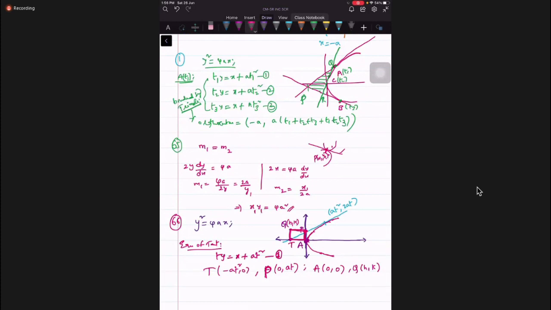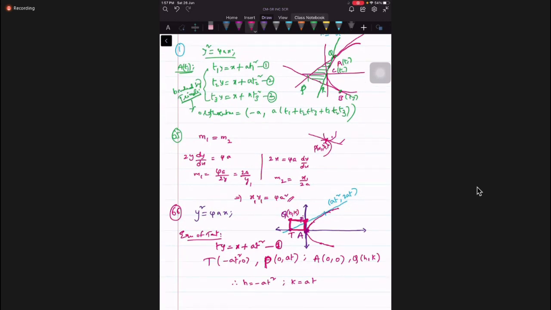There are many possibilities. See, if you observe this diagram, the x coordinate and y coordinate both are the same. I can write minus y, and k we can write as at. The y coordinate of Q is the same as the y coordinate of P also, students. Here we will eliminate a and a, correct.